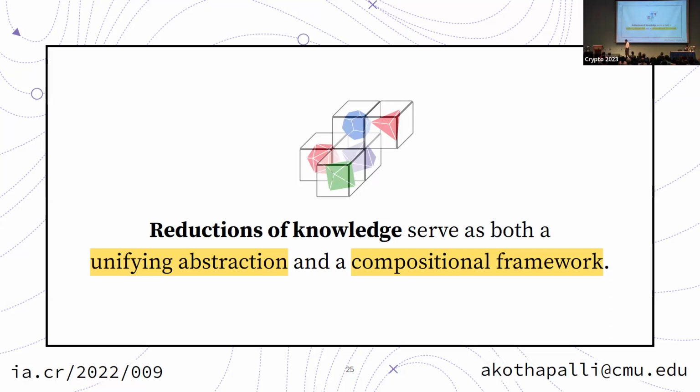The first is that if you prove that your technique is a reduction of knowledge, then you know they will inherit general composition guarantees, and they will play nicely with a large class of algebraic techniques already shown to inhabit our framework. And second, if you prove a general result about all reductions of knowledge, such as transformations or idealized models